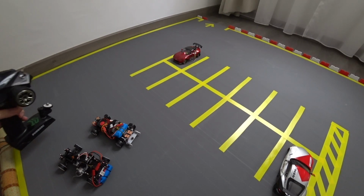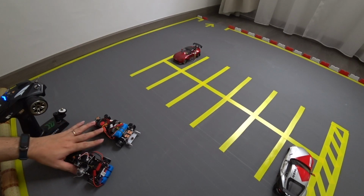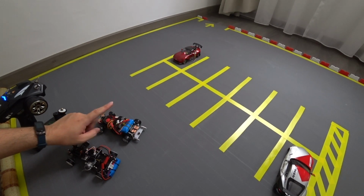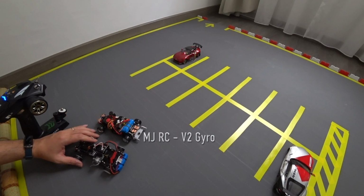Okay, so I am going to do a very quick test today, right? I have two cars here. Basically what I want to do is to see the difference between gyros, right? One of them I'm using on my MJ, I'm using the version 2 gyro, and on my BMRX I'm using